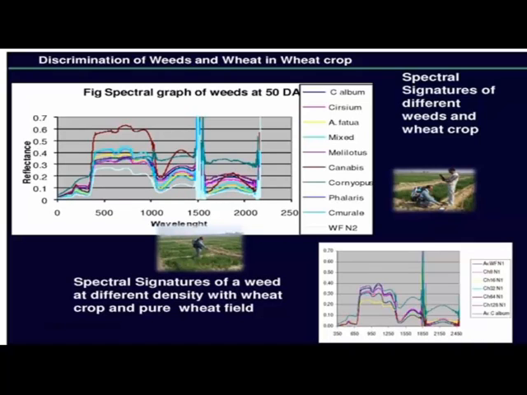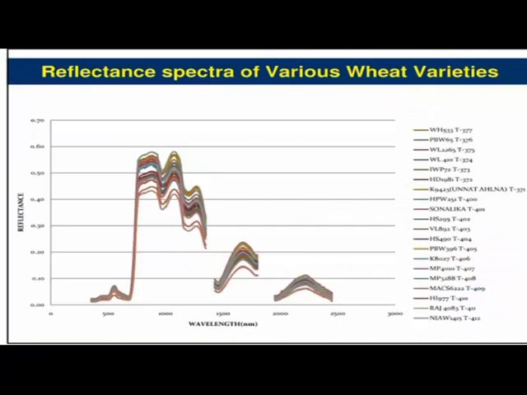Then also you can look for varieties within a wheat crop. We have done some studies having 80 genotypes grown in the field, and these are the spectra of those different varieties. You can see the spectral pattern, how they are changing. Now we are in the process of discriminating how they can be discriminated so that we can know how genotypically these varieties are different, or how spectrally, if at all you have a plant standing, you should be able to differentiate within no time what kind of variety it is, or whether they are of the same variety